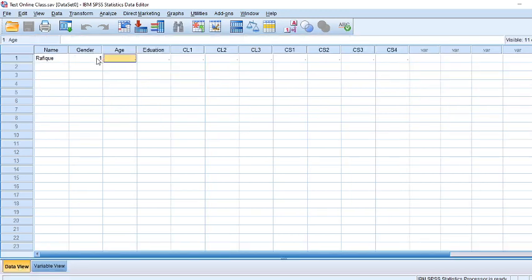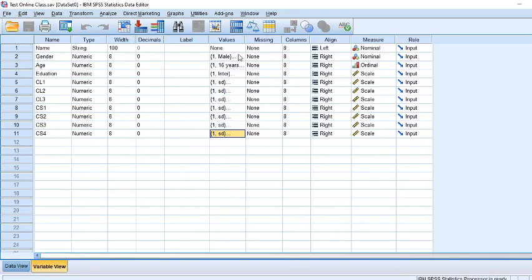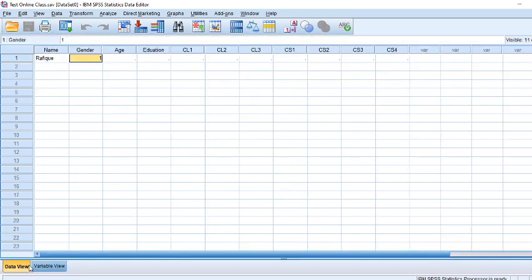Let's suppose it was Rafiq, 1 for male. Yes, it is 1 for male. And this is the second one, age I am saying 31 and plus, education 3, and this I am filling roughly. Let's suppose 4, 5, 4, and this is also 5, 5, 4, 4.